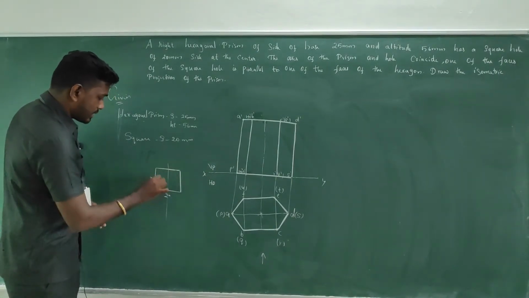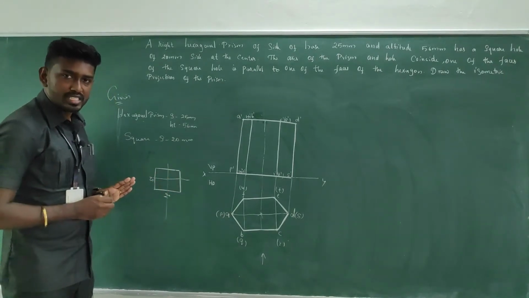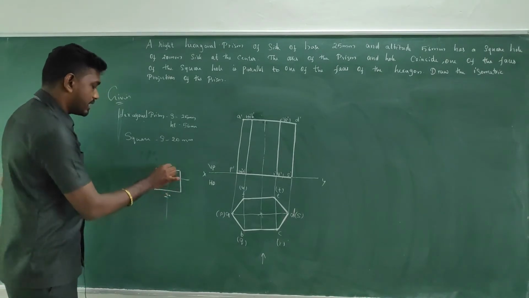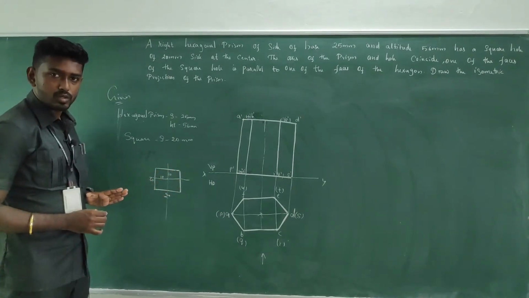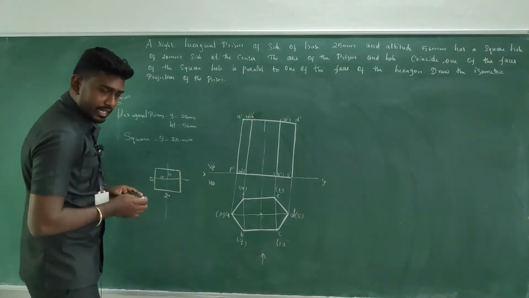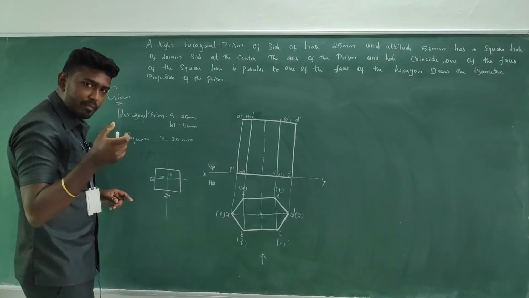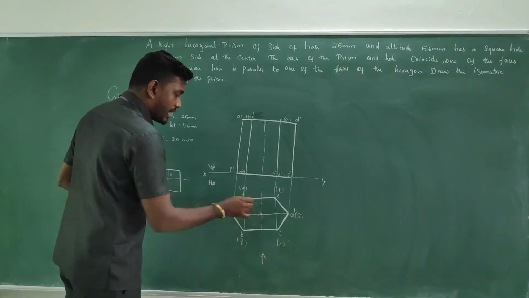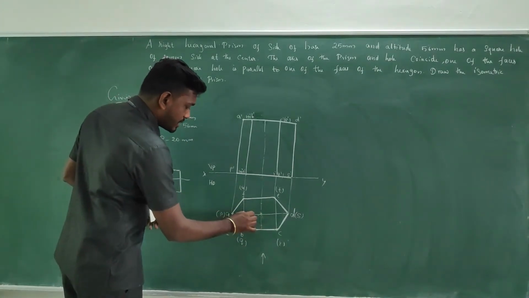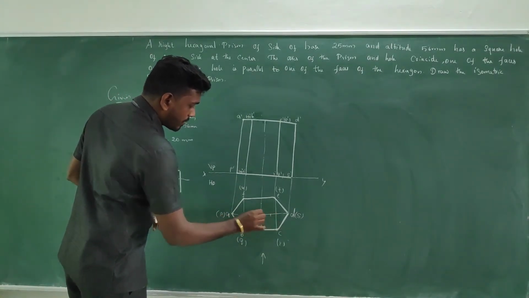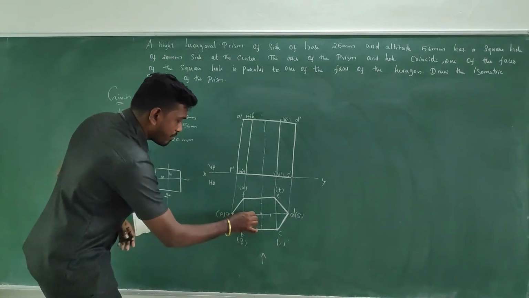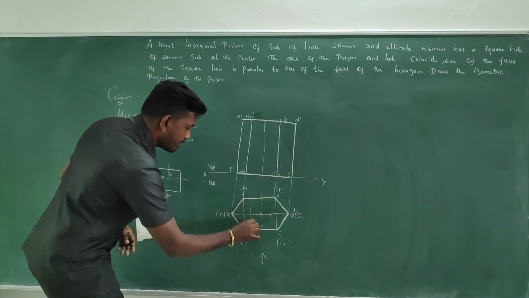So if I take the separation through the center, I can say from the center it will be 10, and from the center the height will be 10. Am I right? No issues, right? So in order to keep it at the center, I am going to take 10 mm in my compass, and from the center I am going to have a cut in the vertical line and in the horizontal line.